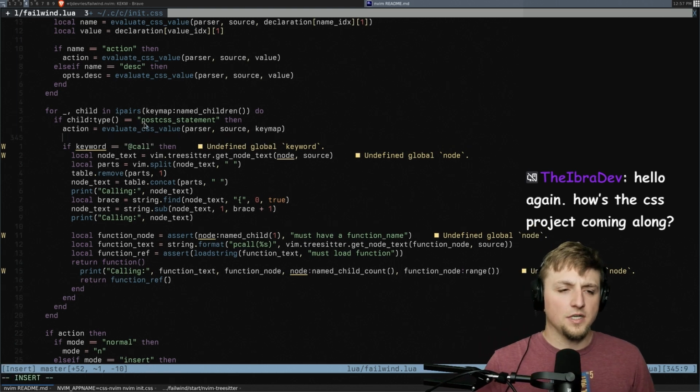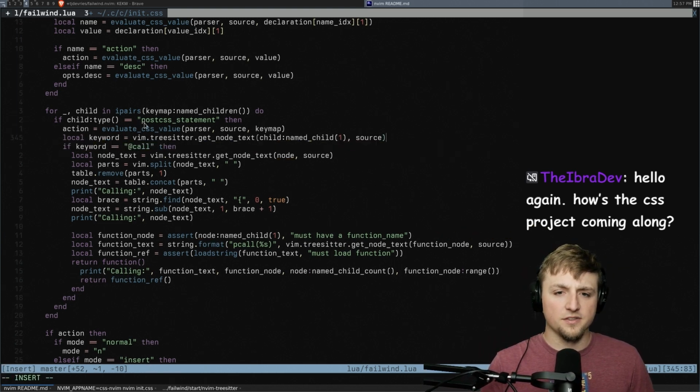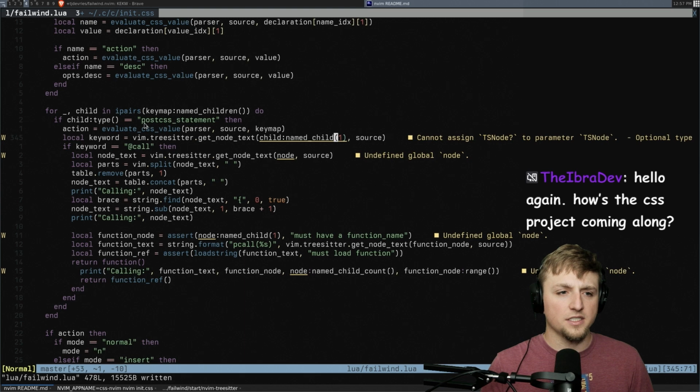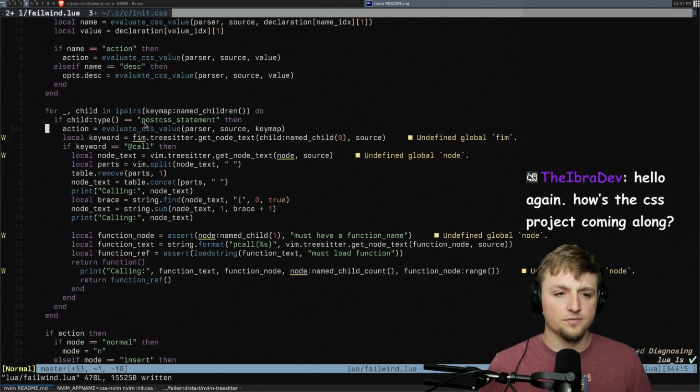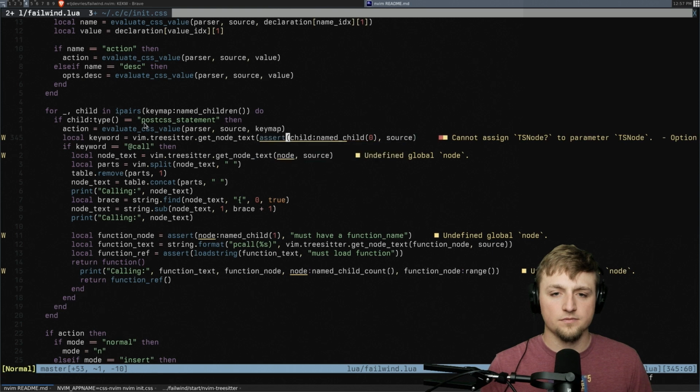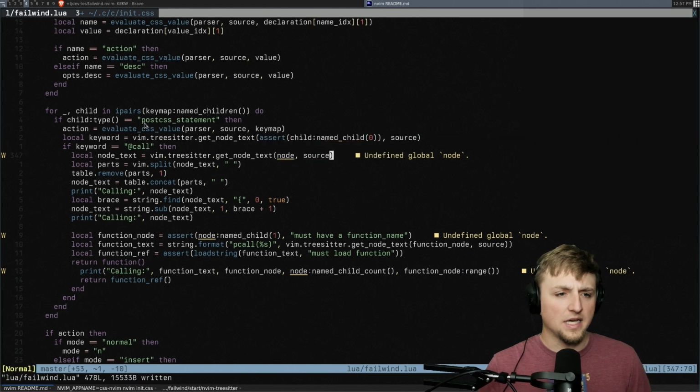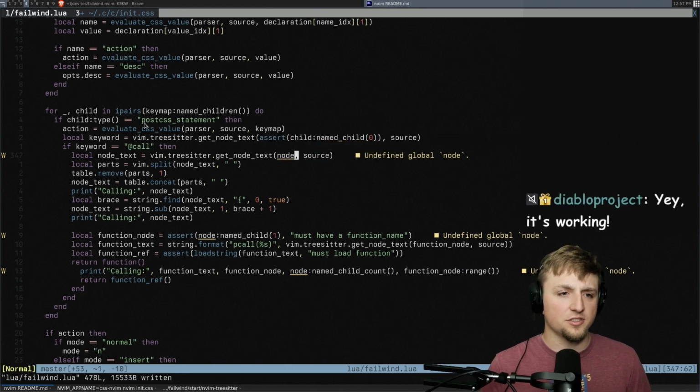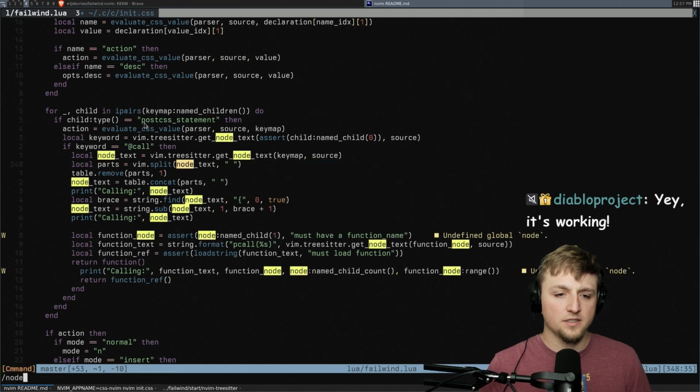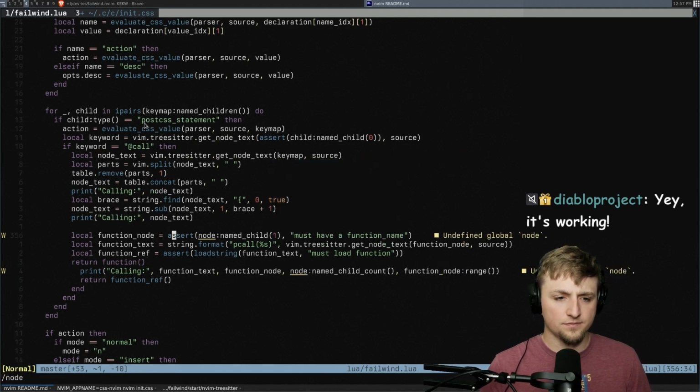So let's do local keyword is vim treesitter vim child 0. And then we should have this, and we should be able to do key map source node is